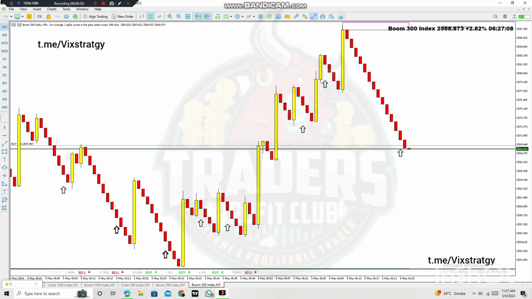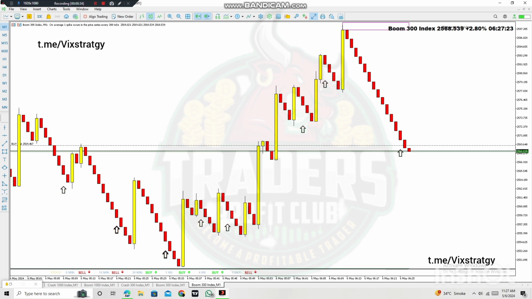Here you guys can see the power of Spike Killer system. It will not always give signals, but when it gives a signal, definitely it will be an accurate signal, guys. If you guys want to follow these signals, from time to time we drop them in our public group. You may join our public group on WhatsApp or Telegram, where we drop signals, so you can check the accuracy and